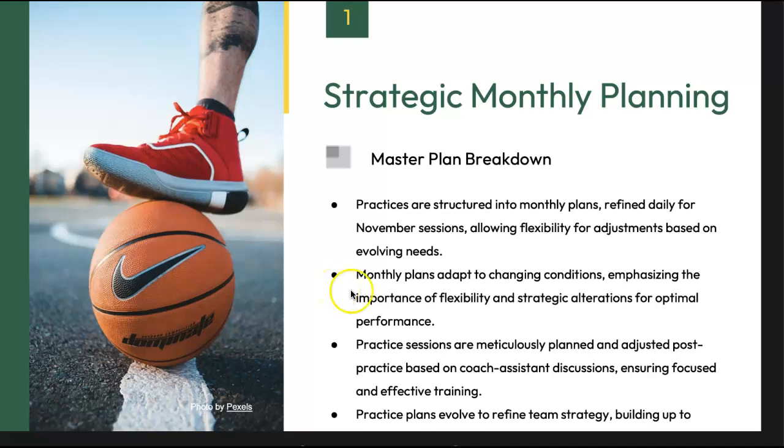Monthly plans adapt to the changing situations. Practice sessions: I am meticulous in my plans, and I'll show you mine here in a little bit. Practices are planned and adjusted after practice and a coach meeting. So it's best to have a quick coaches meeting at the end of it to see how they did on this,